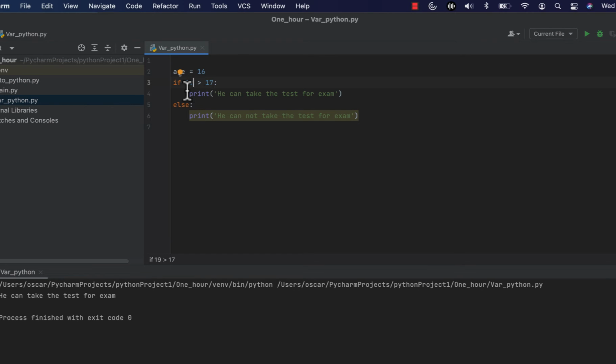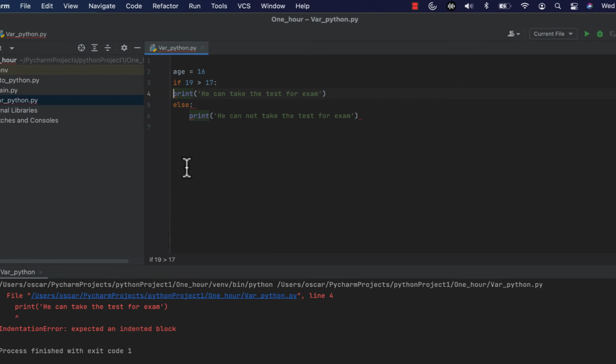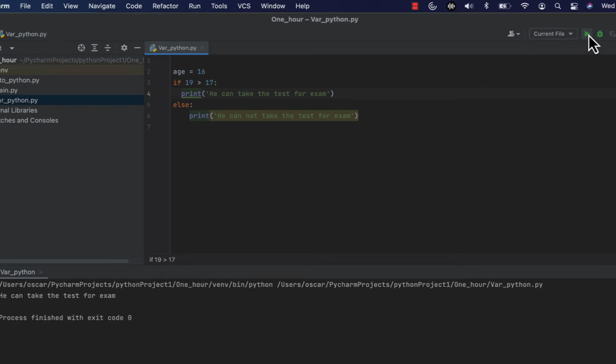So the if statement here is: if, the expression, colon, and then a statement. Watch out here. If I don't indent here, what will happen? It gives me an error message. So Python has indentation and you have to have at least 2 spaces of indent until that statement works. It belongs to this statement. So it should be if, then we put the expression here and then a colon, and we